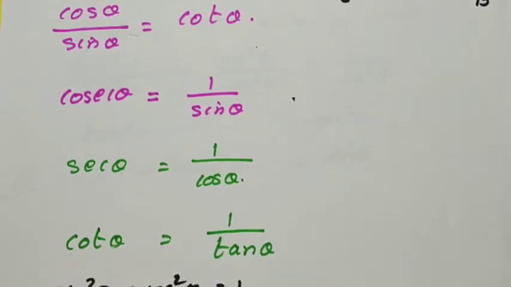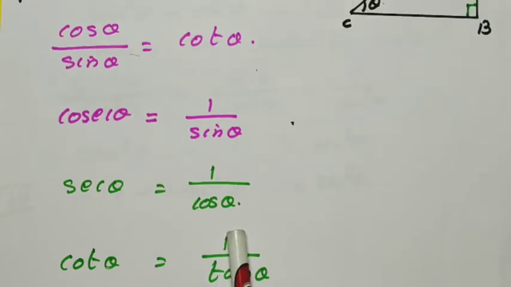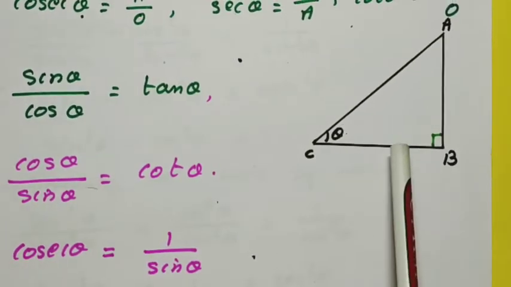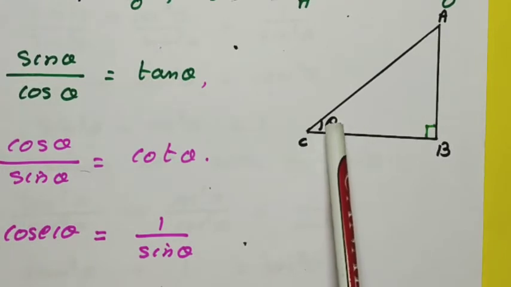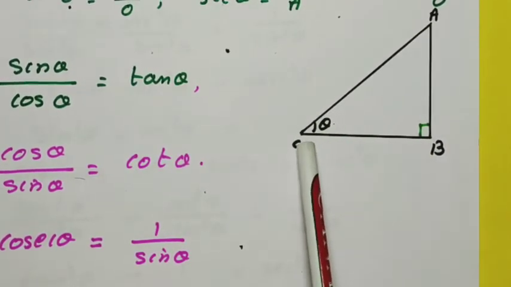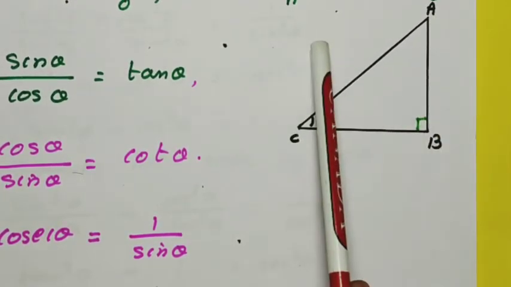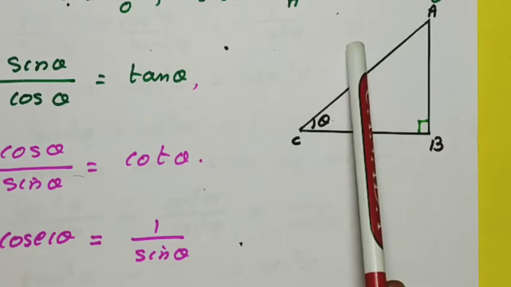Third is cot theta is equal to 1 upon tan theta. So, cot is the inverse of tan. All these trigonometric ratios you have to keep in mind, learn and understand. You will get the question, for example, in the way: what is sine theta? The figure will be given, and you will be asked to write sine theta. It is opposite side upon hypotenuse, which is equal to AB upon AC.